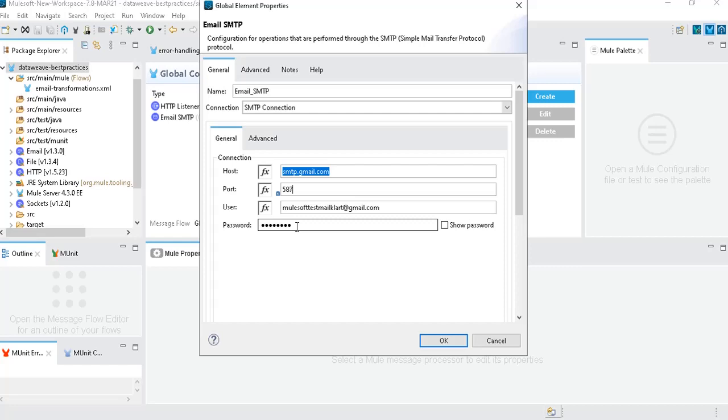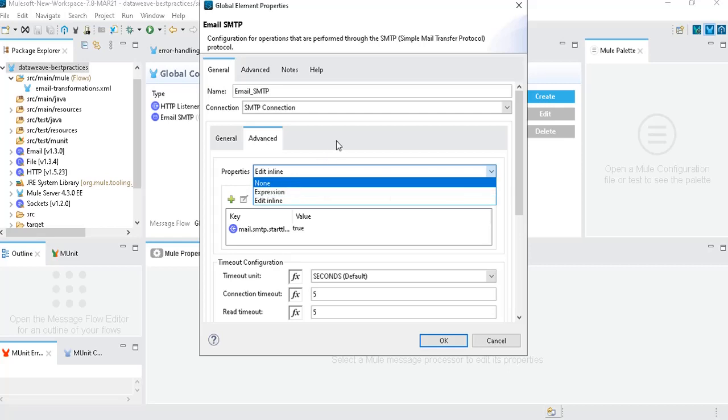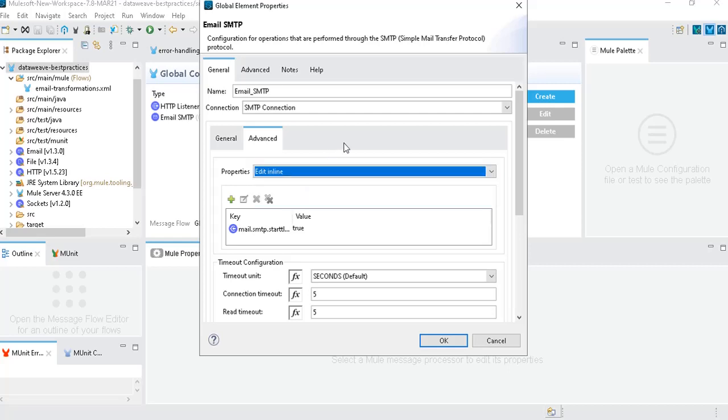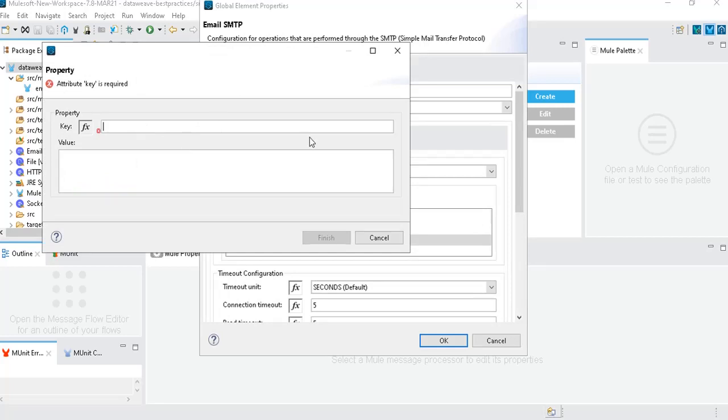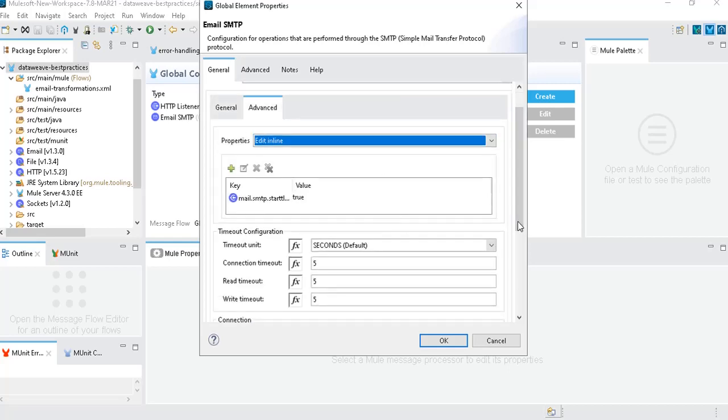You need to do one more configuration in this advanced tab. By default it would be none or expression. You need to select edit inline, and add one property using add property. You need to provide the key and value. This is the key, mail.smtp.starttls.enable, and the value is true. I will provide this variable and the SMTP connector details in the description box so that you can configure it the same way. So you need to add this property.